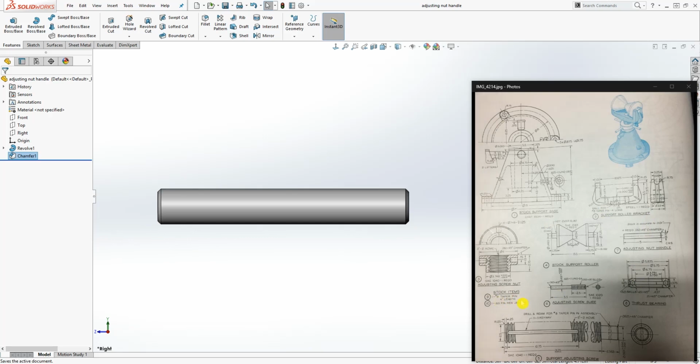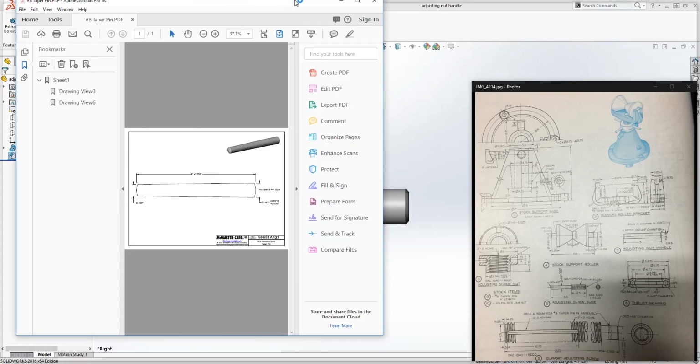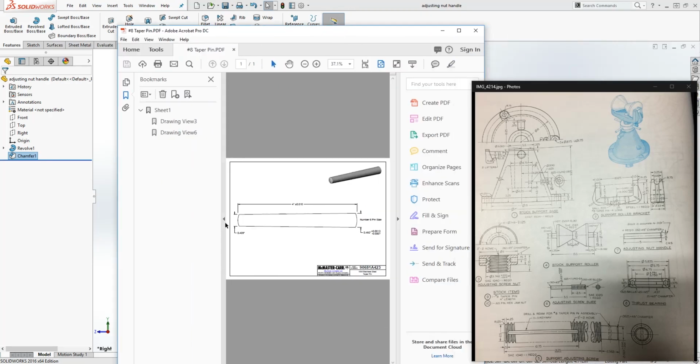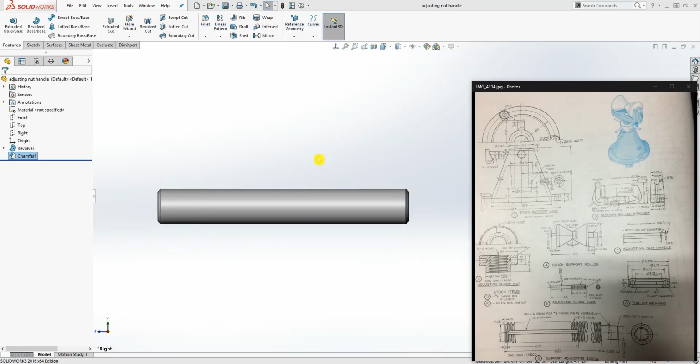And for the taper pin, I'll show you where I get that information from. So if I just go browse over, just a second, let me pull it up. I download, so this is the adjust the taper pin, and if I can move this to the side, this is from McMaster-Carr. So your taper pin, this is what a number 8 pin size, and this is what we are going to be using, these dimensions. So just wanted to show you where I got that information from. And we are going to